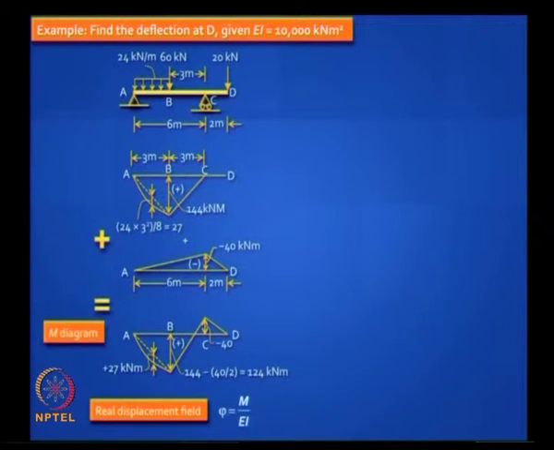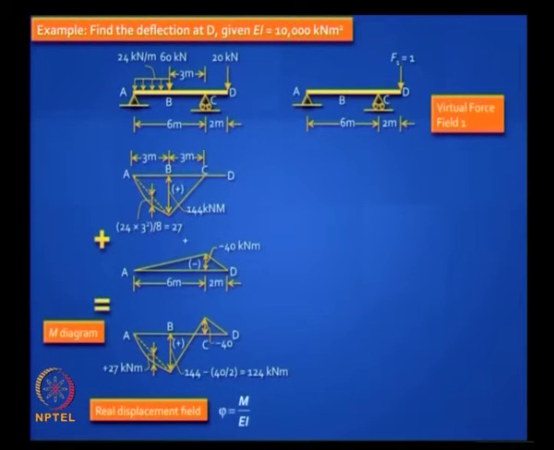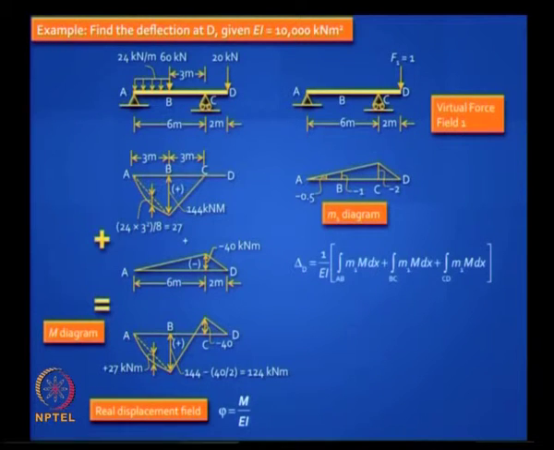We have done this last year, and once you have got that, capital M diagram is the bending moment diagram in the real beam, but we are not interested in that capital M diagram. We are interested in the curvature diagram, which is the M by EI diagram. So once you have capital M, if you divide by EI, you get the curvature. To find the unknown deflection at D, you need to apply a unit load, F1 equal to 1 to find D1, and when you do that, that diagram is made up of straight lines. That is your M1 diagram, and this is what you need to do. You need to find delta by multiplying that M1 diagram with a capital M diagram.